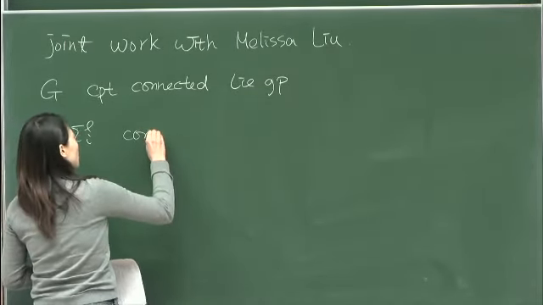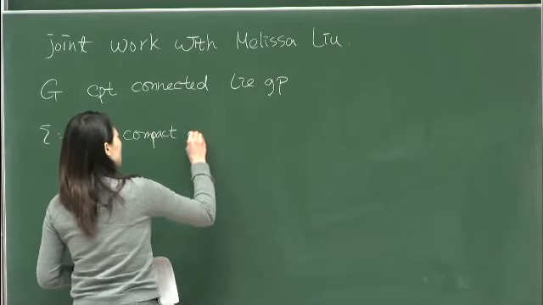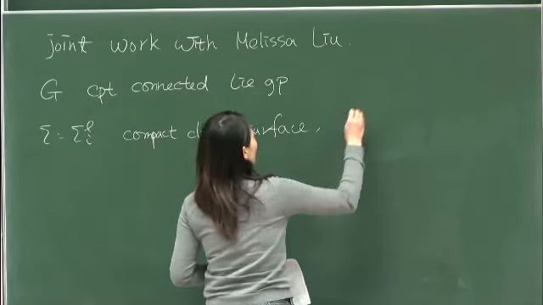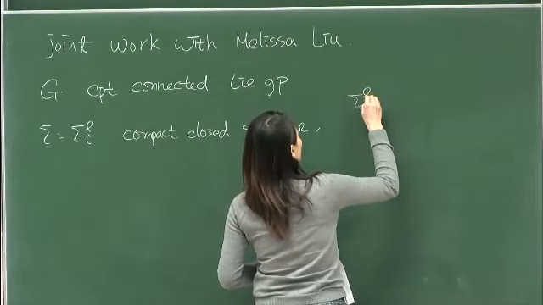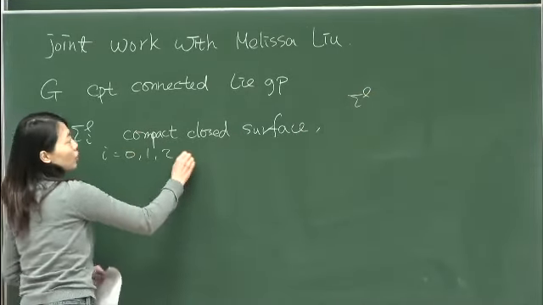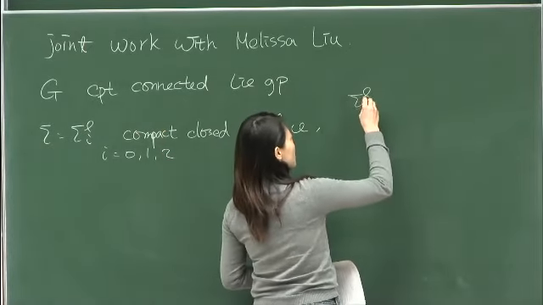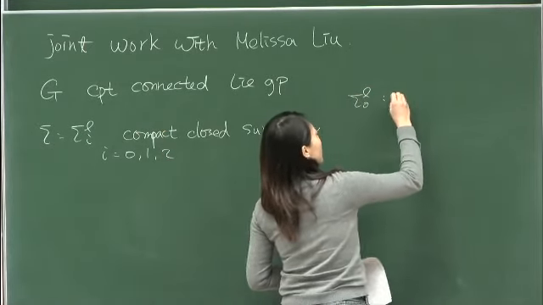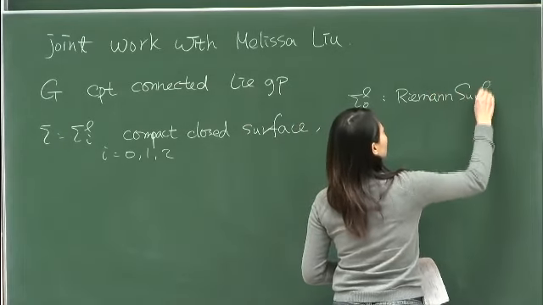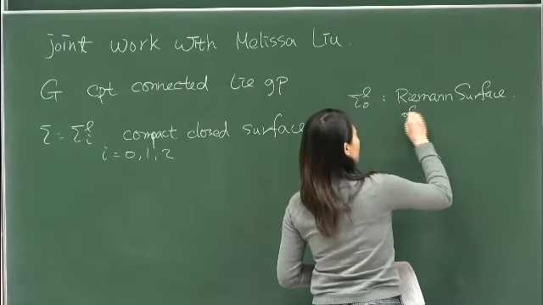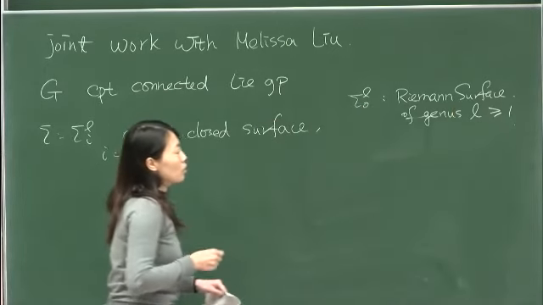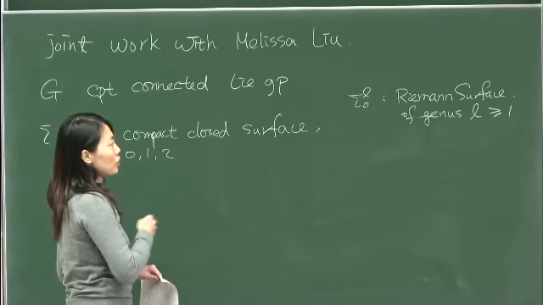a compact closed surface. So I can be 0, 1, and 2. If sigma is sigma L 0, then it is a Riemann surface of genus L. We require L to be bigger than or equal to 1 so that we don't consider the Riemann